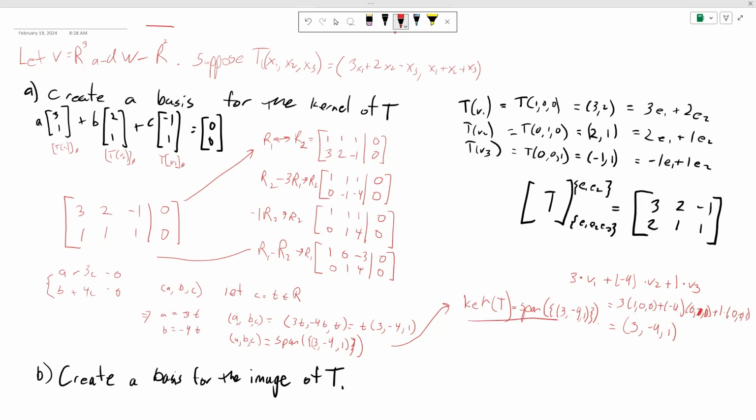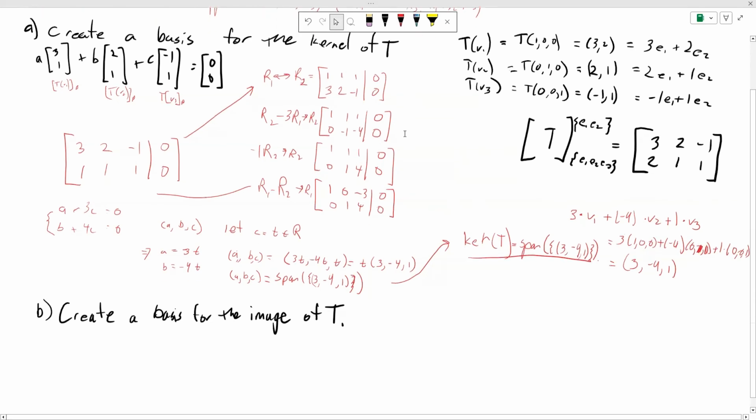And that's the kernel. So the dimension of the kernel, which is equal to the nullity of T, is equal to